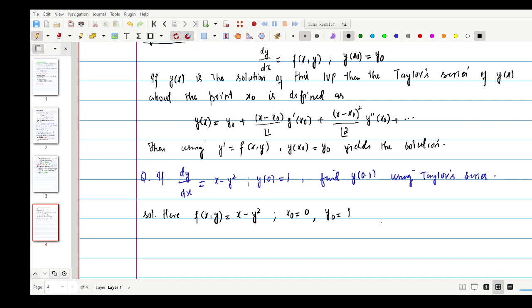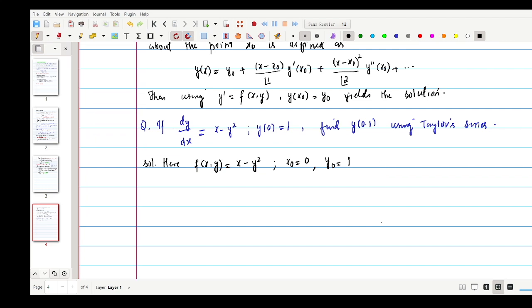Now, assuming that y of x is the solution, according to Taylor's method we need to expand y of x about this x0. Then the Taylor series for y of x about x equal to 0 is given as,